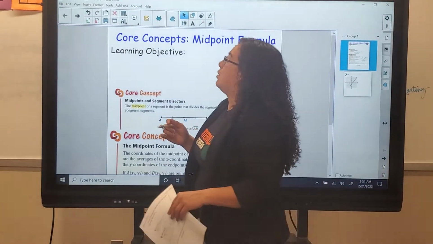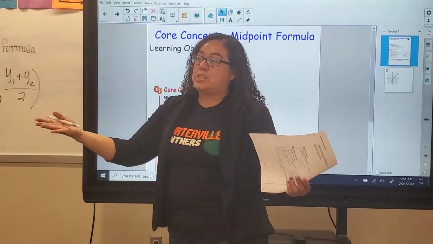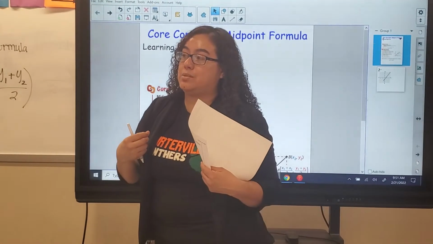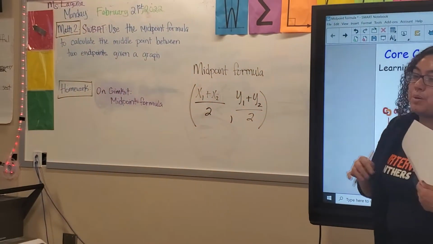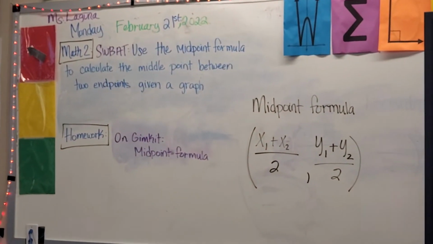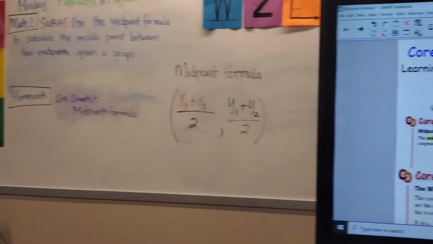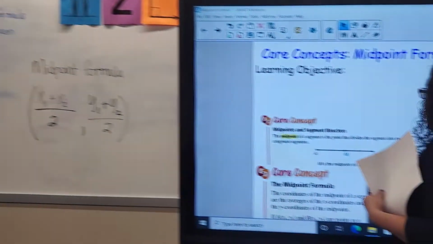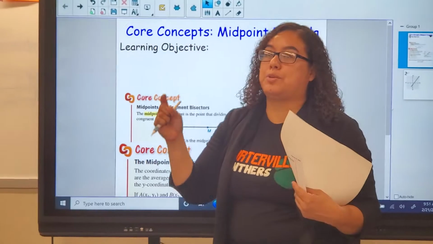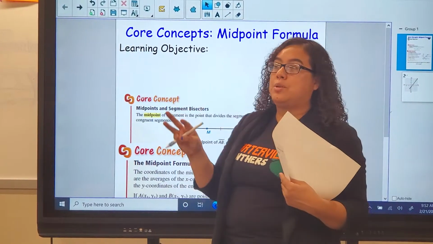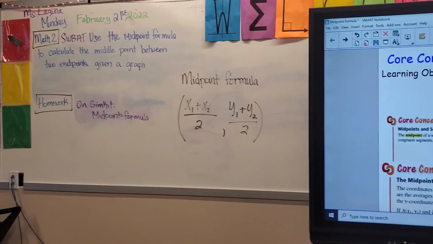Alright, awesome. Now I want to do a choral response with all of you together telling me the learning objective. At the count of 3, you're all going to say, I will be able to use the midpoint formula to calculate the middle point between two endpoints given a graph. You can look at your notes, the whiteboard, or your Pear Deck to say it. Ready? At the count of 3. 1, 2, 3. I will be able to use the midpoint formula to calculate the middle point between two endpoints